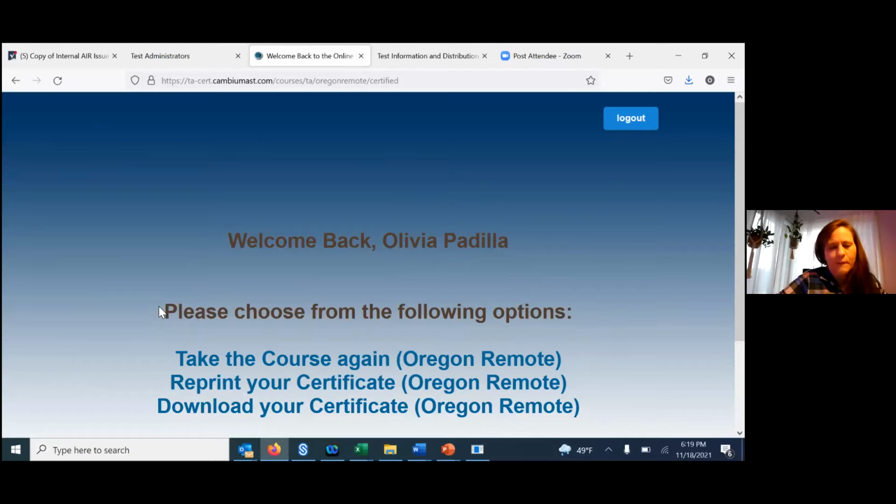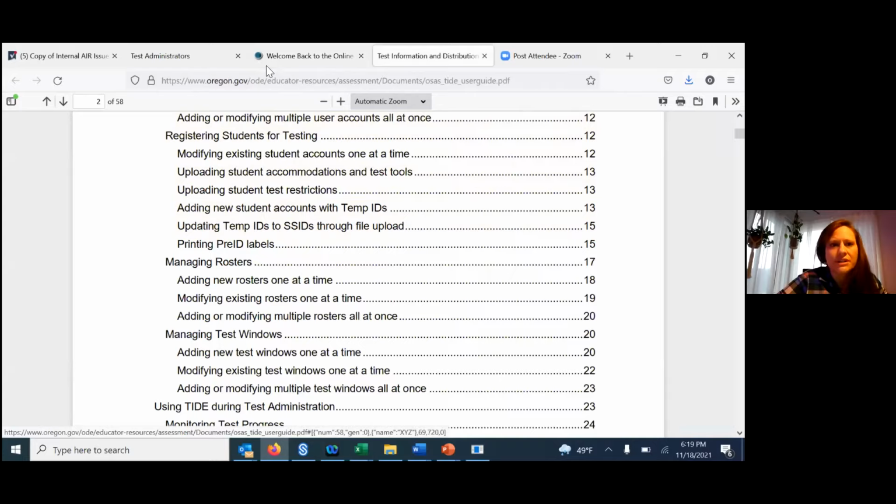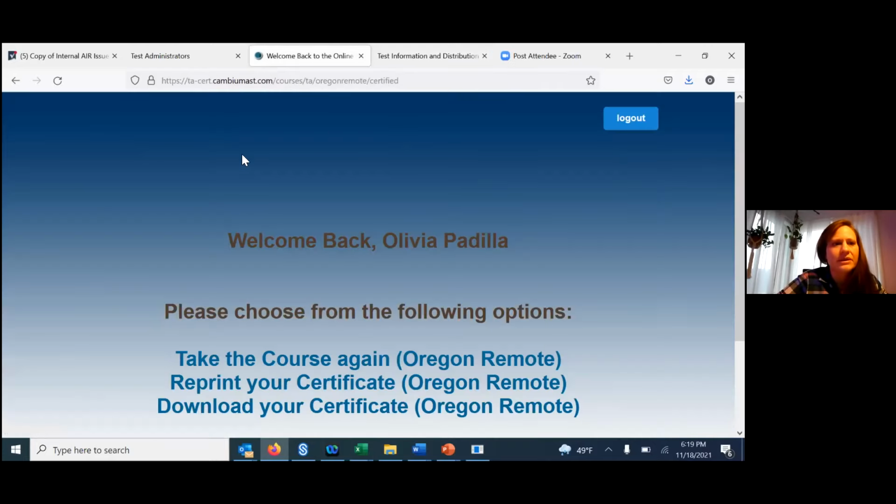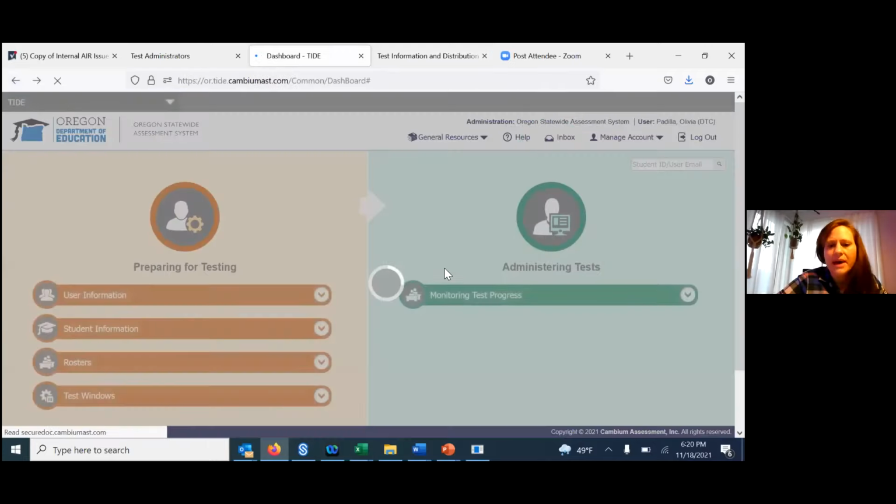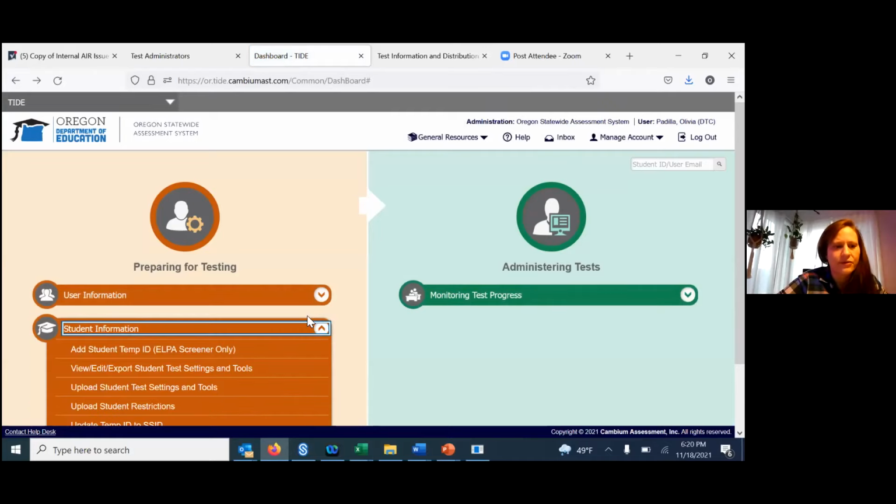This year we'll be offering summative tests for remote administration. And in order to act as a TA for those types of administrations, they have to take this course. Once they complete this course, which is about 40 minutes long, they'll automatically get the permission. Well, let me close out of this or go back here. They'll automatically get the permission